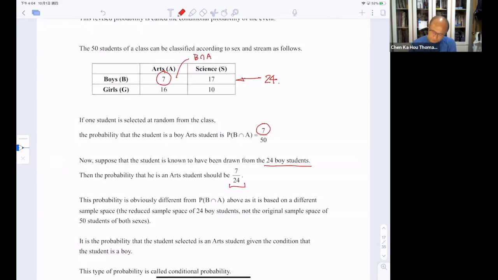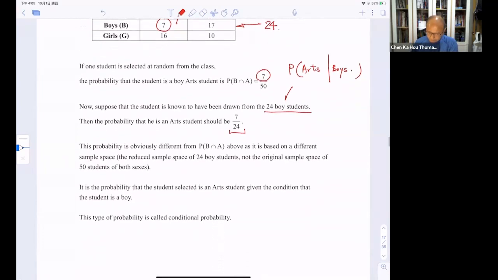Okay, so we use this symbol to represent it. This is probability, and we put a stroke here. So given that the student is a boy, he studies arts, is 7/24. This type of probability we call conditional probability. 中文叫條件概率啦。